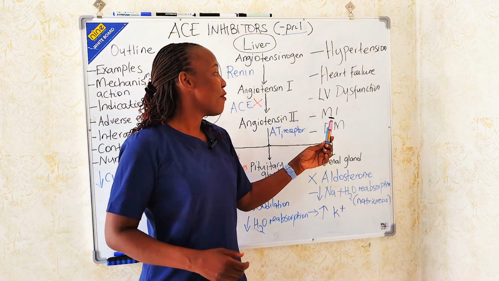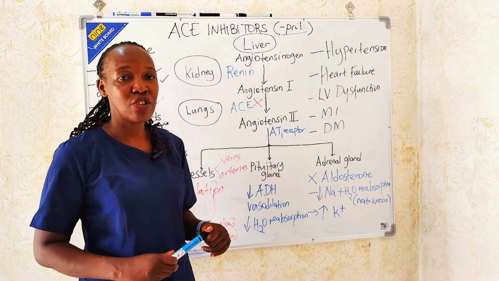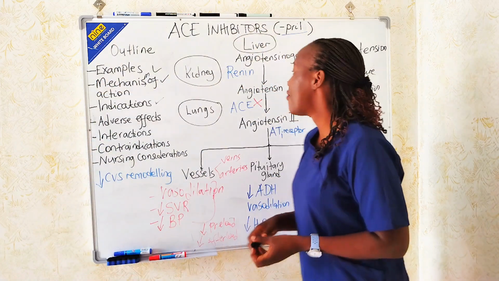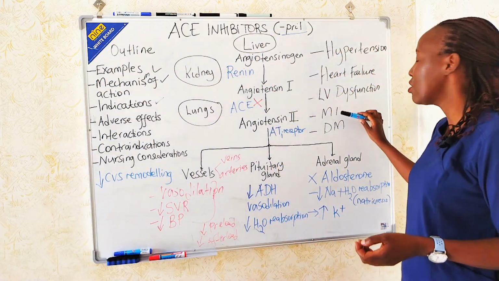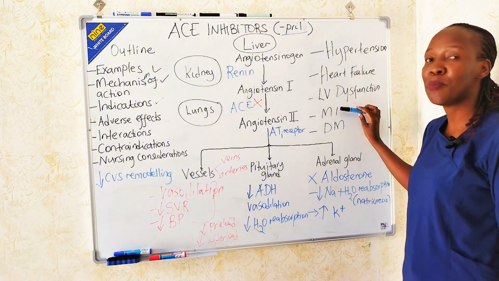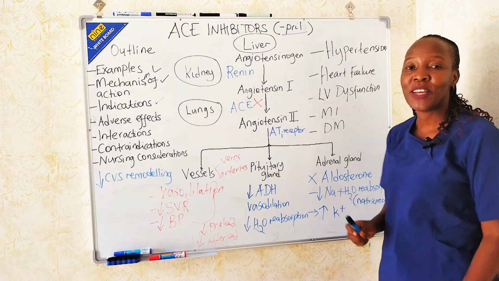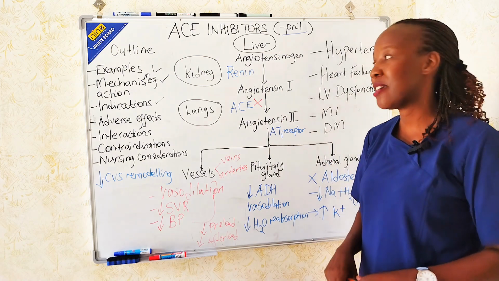Then the fourth indication are those clients with myocardial infarction. Post-myocardial infarction, ACE inhibitors also inhibit myocardial hypertrophy, which can still prolong the life of the heart. Then, in patients with diabetes mellitus,